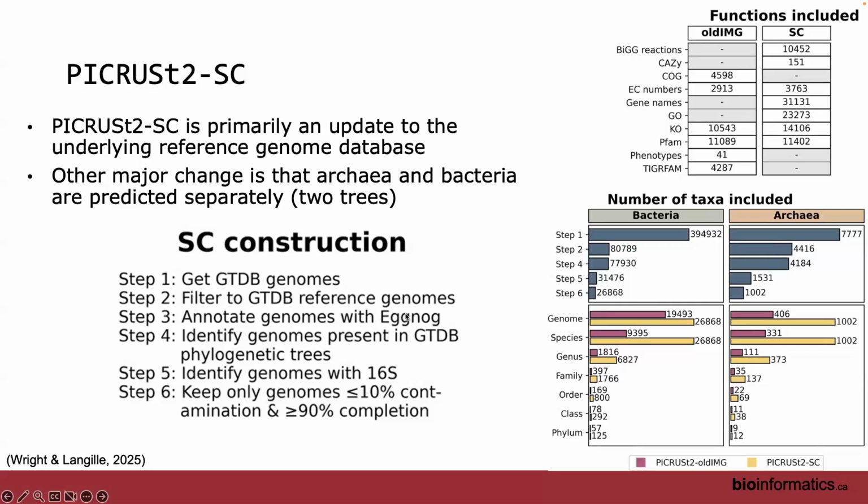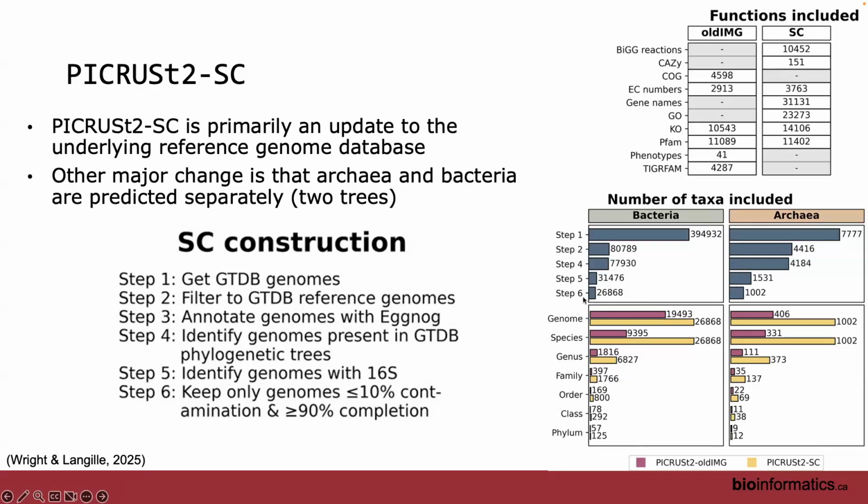Before this, we manually got them from IMG, and IMG was through the JGI. Man, I'm throwing acronyms around here. IMG is the Integrated Microbial Genomes Database, I guess. And JGI is the Joint Genome Institute in the US. But it was a very manual process, and we basically wanted a better way to be able to update the reference database. If you want to hear more about this, you can just look at our little bioinformatics application